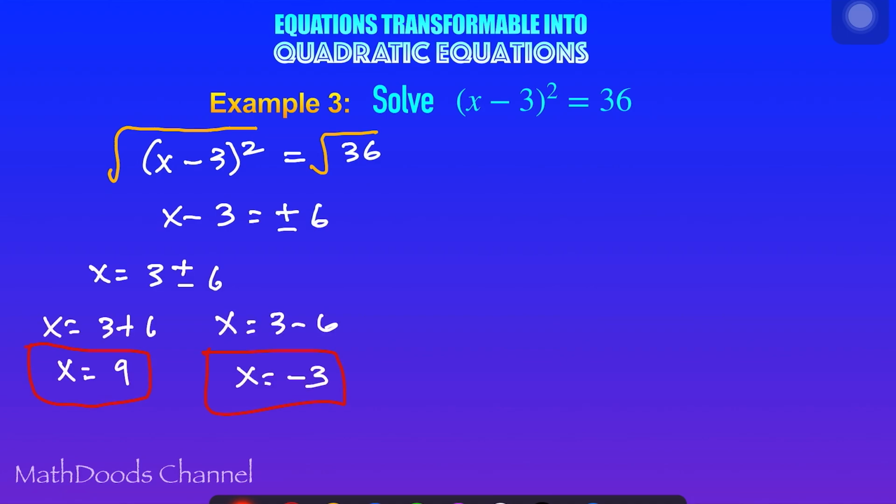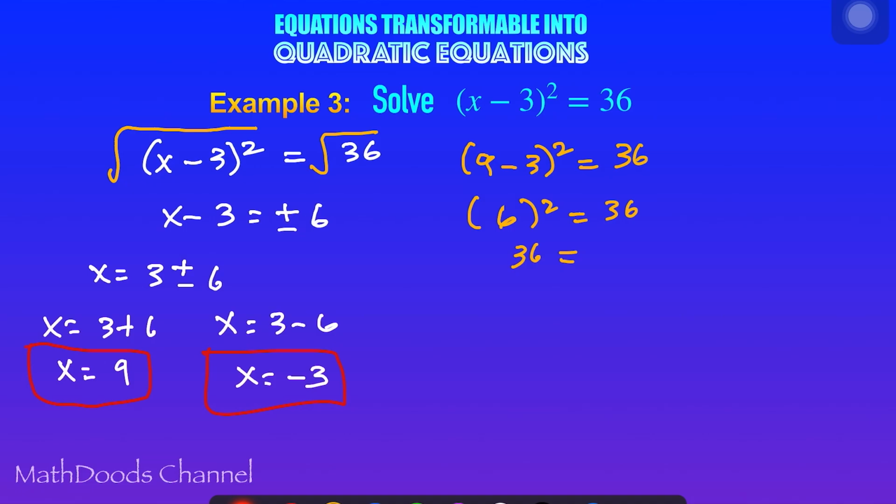Ito, checking. Ang x natin ay 9 minus 3 square is equal to 36. 9 minus 3 is 6 square is equal to 36. 6 square is 36 is equal to 36. Balance. Kung yung negative 3 naman,